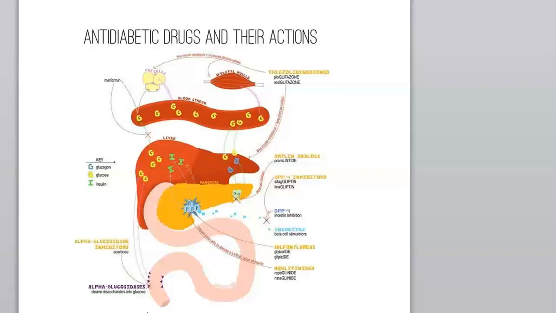cardiovascular problems, as well as renal problems, eye disorders, retinopathies. So this is why it's so important that they understand just how they are with their blood sugar, depending on whether or not they're type 1 or type 2, and really understanding how all these different types of